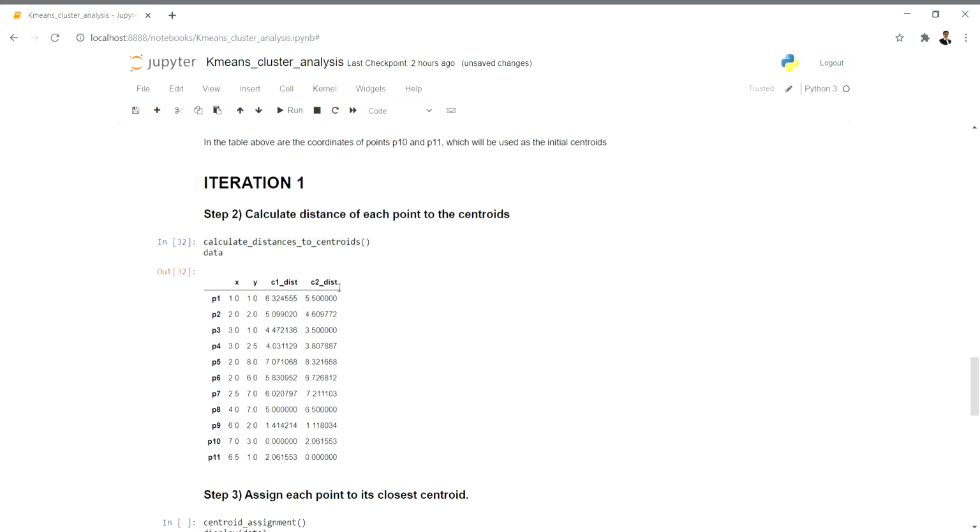So c1 distance, c2 distance, it's basically calculating the distance of every point. So p10 to p10 is 0, and p10 to p11 is this distance, then p11 to p10 is this distance, p11 to itself is 0. The rest you calculate in this way.